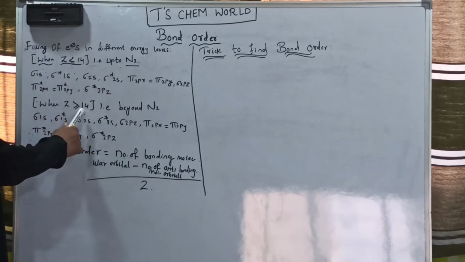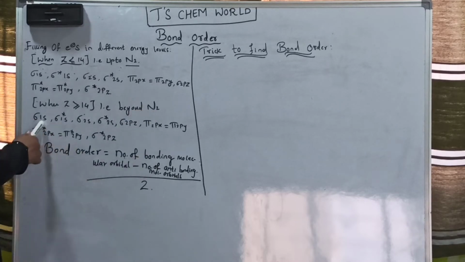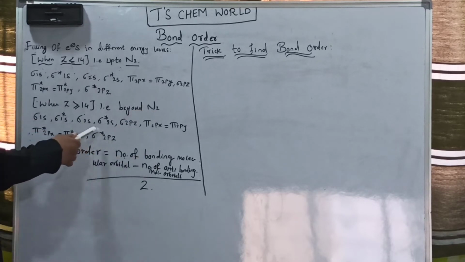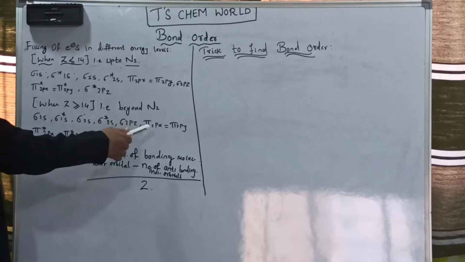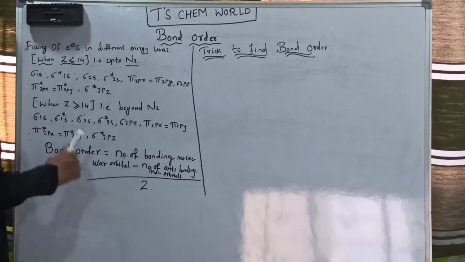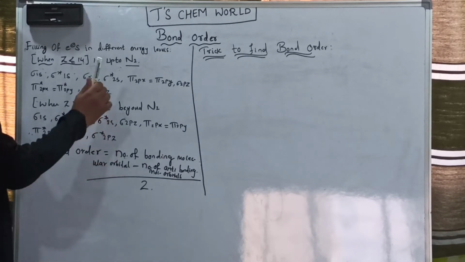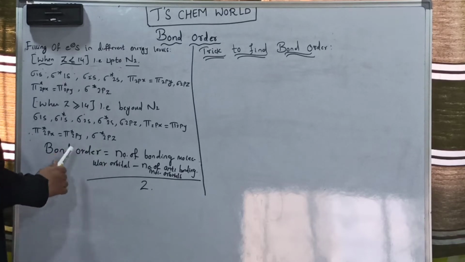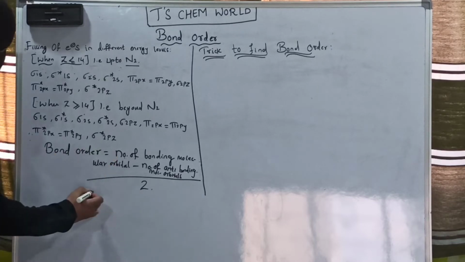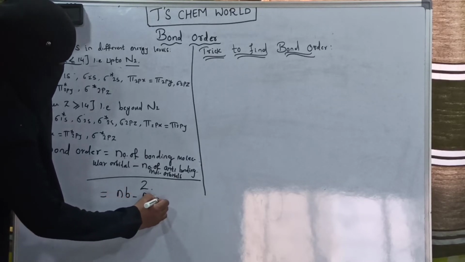Then when Z is greater than or equal to 14, that is beyond N2: sigma 1s, sigma star 1s, sigma 2s, sigma star 2s, sigma 2pz, pi 2px equal to pi 2py, pi star 2px equal to pi star 2py, and sigma star 2pz. And the simple formula is bond order is equal to number of bonding molecular